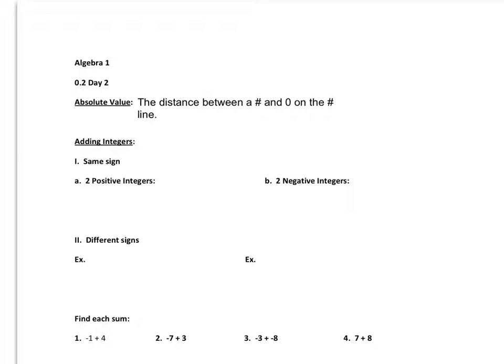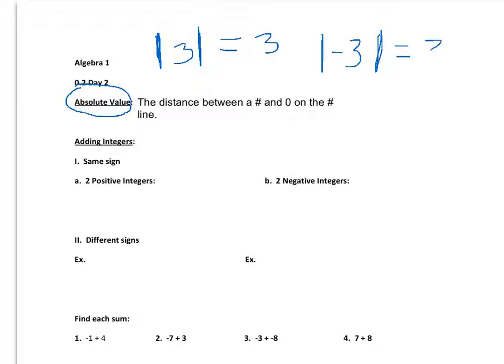You can see the first definition I have up here. I have absolute value, and we're going to use this a lot when we add a positive and a negative. The definition is the distance between a number and 0 on the number line. And here's the notation for it. You'll have what's called absolute value bars. Let's say you have 3. Okay, the absolute value of 3 is 3 because it's 3 units from 0. Now if I make it negative 3, the absolute value of negative 3 is also 3 because that's still 3